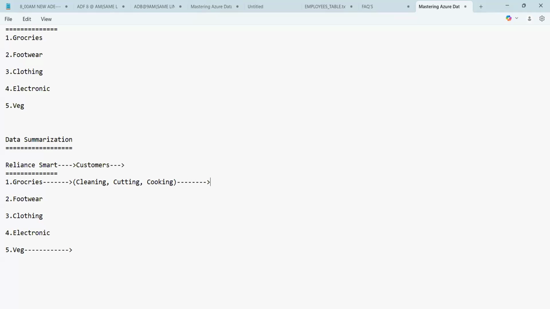Ultimately, the same thing we apply on the data as well. Cleaning, cutting, chopping, cooking, all this process we do here on the data. Once the data is received, you will have many